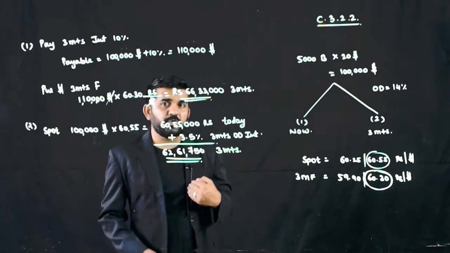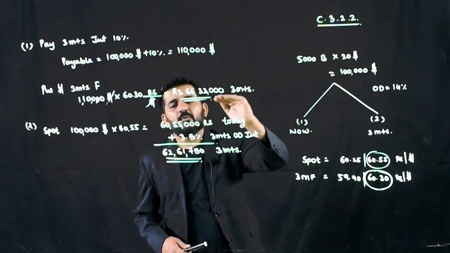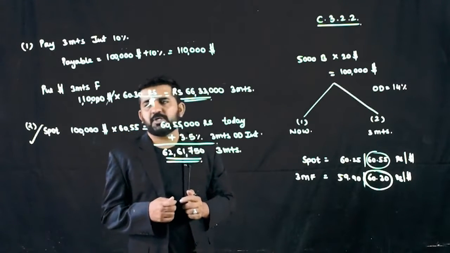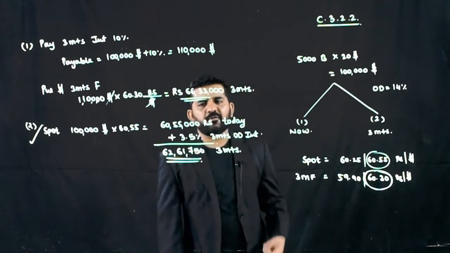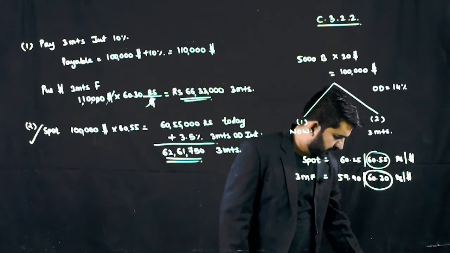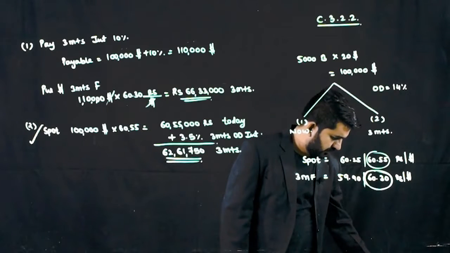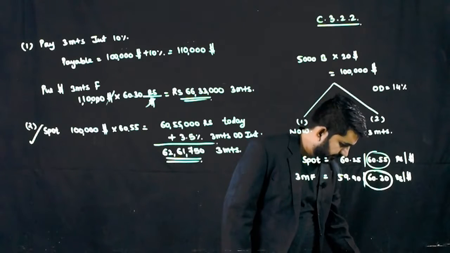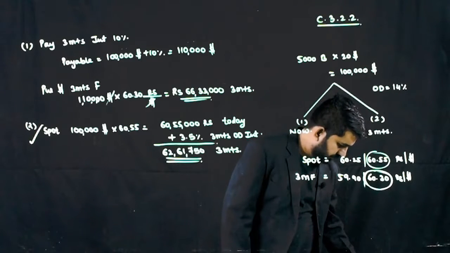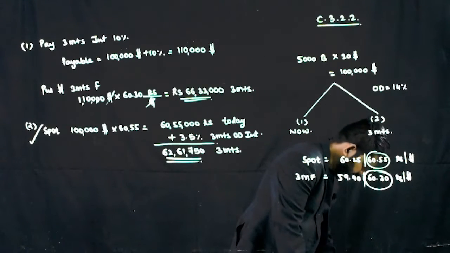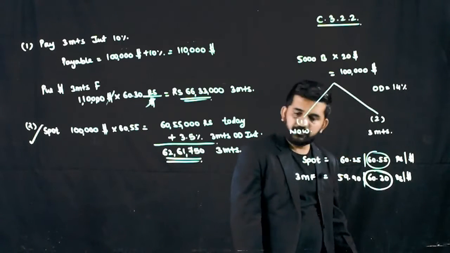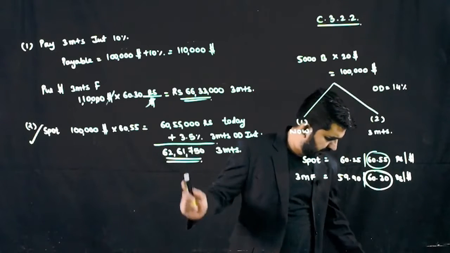You should all, if you are an importer, you are going to pay rupees for purchasing this dollar. Wherever you are paying less, you should always select that option. In this case, you are paying less, so your option will be to pay immediately. Take your overdraft, pay 14% rate of interest. 14 divided by 4 is 3.5. 60 lakh 55,000 multiplied by 3.5%.